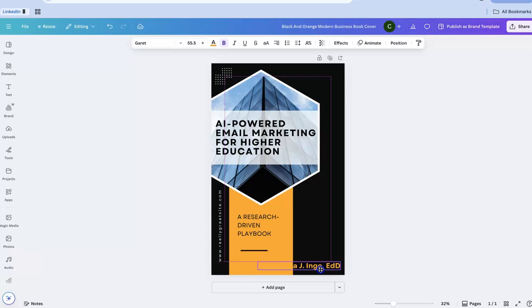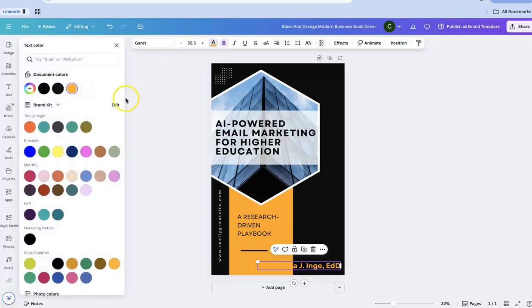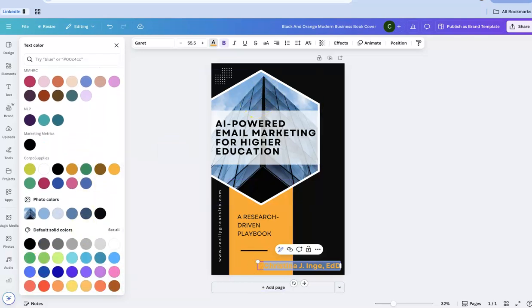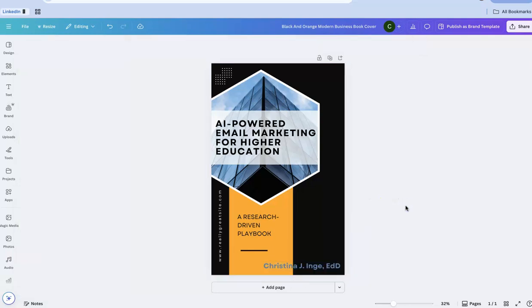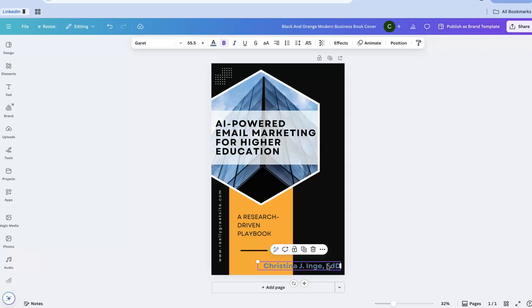And since this is the same color as this beautiful banner here, I'm going to go up here, and you can change your text color very easily. What I like about this is you can actually match your photo colors. So I could go here, I'm liking this image, and it actually would change the font color to the photo colors. Still not loving it because it's going across two different pieces of graphics,